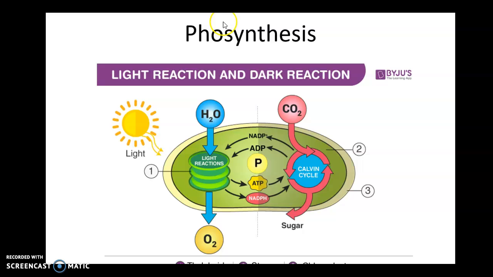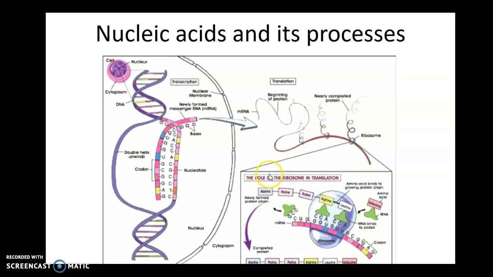This is wrong, photosynthesis is happening in the plant. During this topic, you will learn about the light reaction, where you need the light to undergo the reaction, and the second one is the dark reaction. Dark reaction doesn't mean that it only happens at night. It just happens without the help of the light. After photosynthesis, which is actually pretty short,